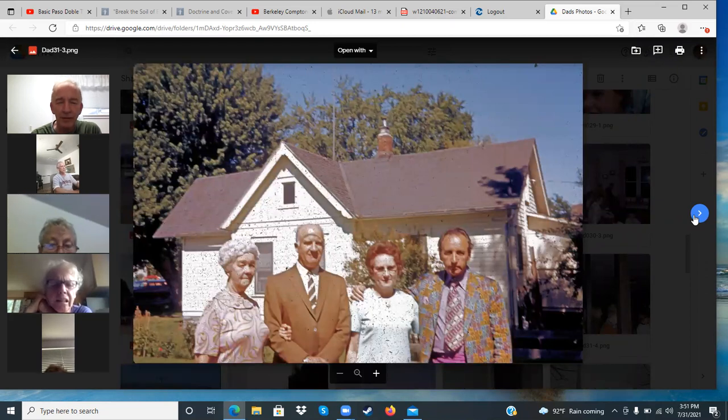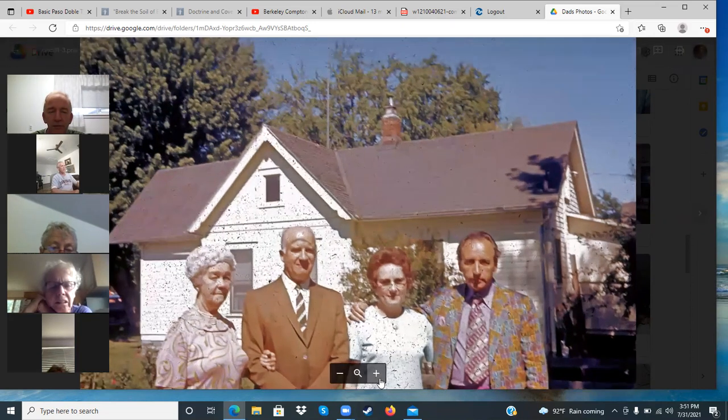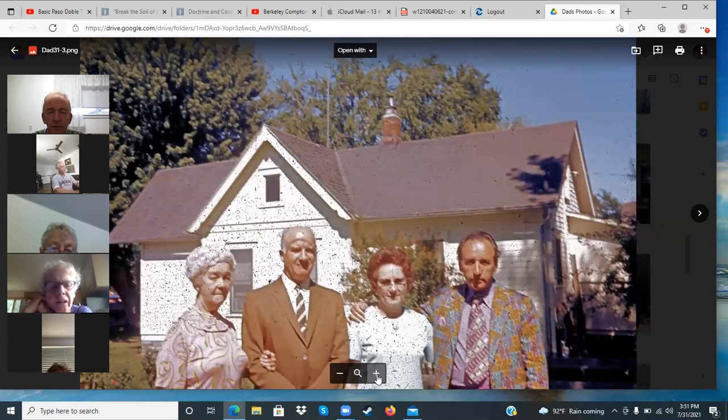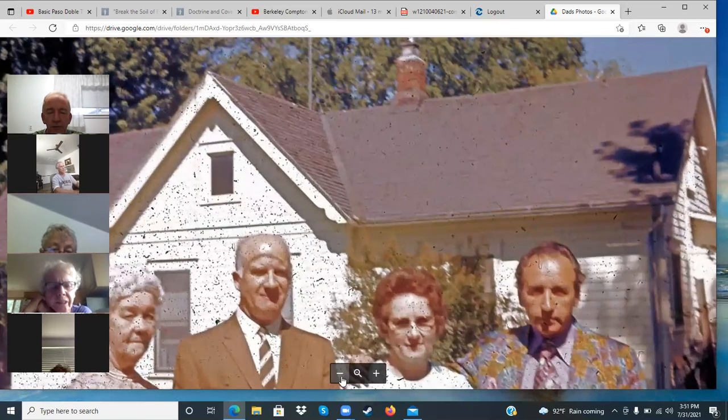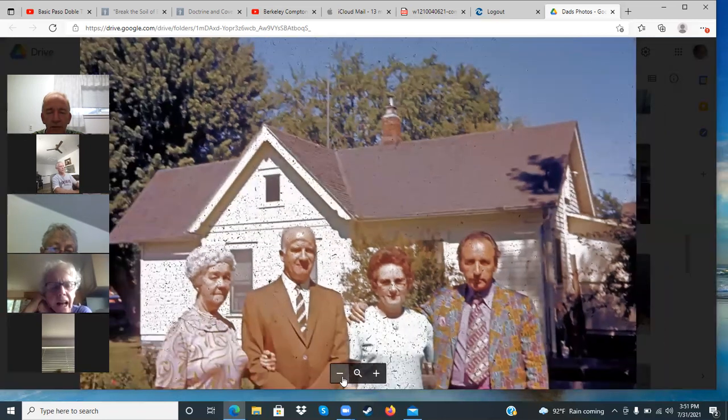Oh, there's Kenneth and Grandma and Lucille and Dad. Daddy. And in front of the wonderful old Chandler home that is gone. What's Grandma's full name? Hazel Holtz, no, Hubby. Hazel Chandler. I can't think. Hazel Hovey Chandler. This is the side of the house. This is not the front of the house.